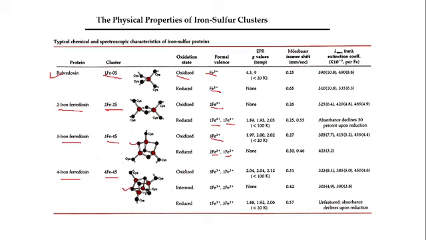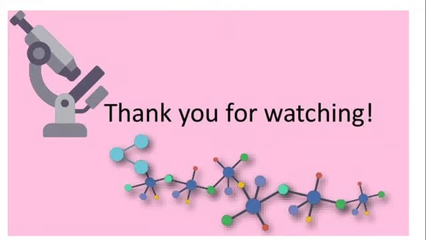Here there are three types. First, the oxidized form is 3Fe in plus 3 oxidation state and 1Fe in plus 2 oxidation state. In the intermediate, there are 2Fe having plus 3 oxidation state and 2Fe having plus 2 oxidation state. And in the reduced form, 1Fe is plus 3 oxidation state and the other 3Fe are plus 2 oxidation state. This is about the Fe-S cluster. This is the electron carrier, electron transport protein.